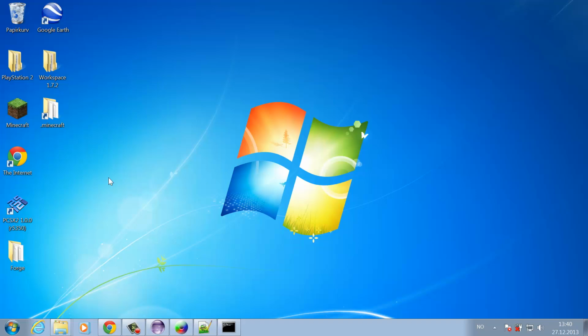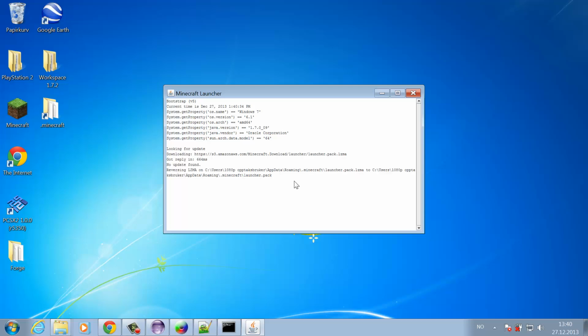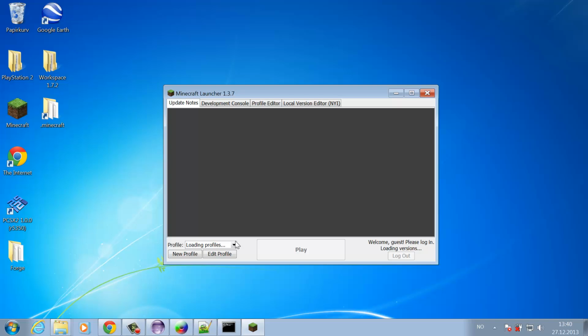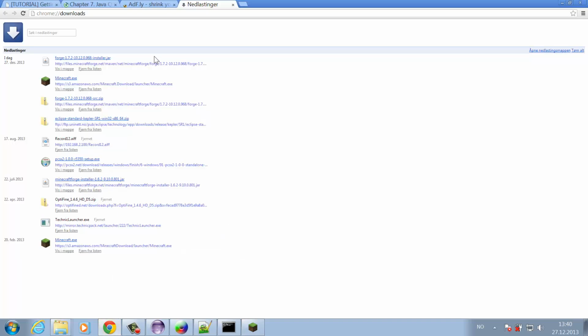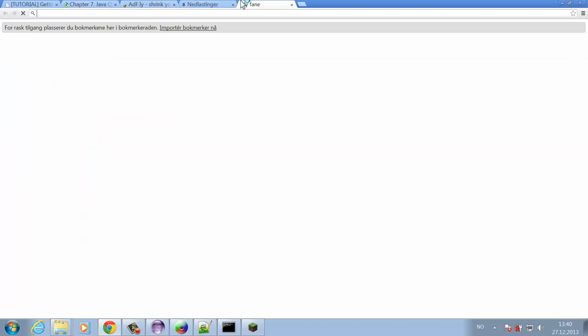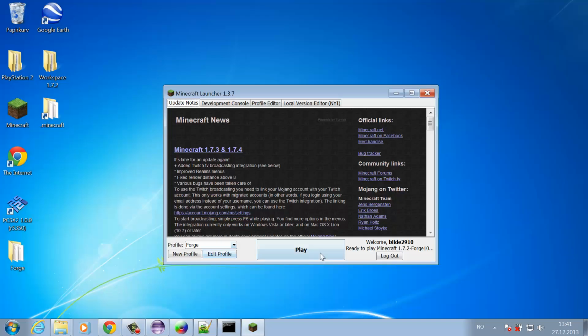Can close that. Now start up the Minecraft launcher. Run. Waiting for this thing to start up. If everything works fine, we should now see hello world being outputted to the development console once we play. So I installed the latest version of Forge from the Minecraft Forge download 1.7.2. Then press the installer to install just as normal, just as usual. Now play with Forge. Wait for the thing to start up,